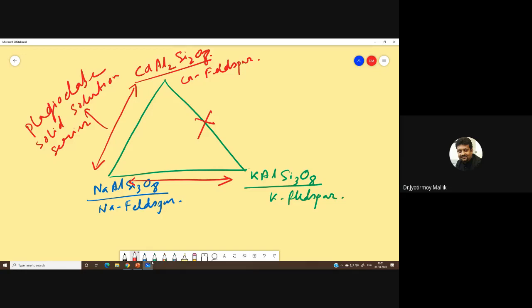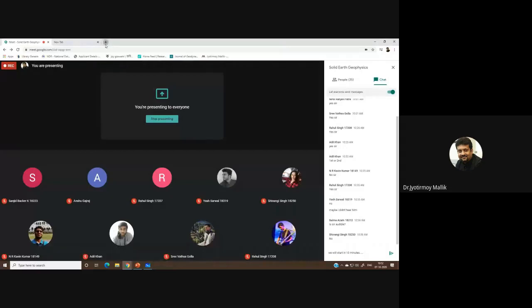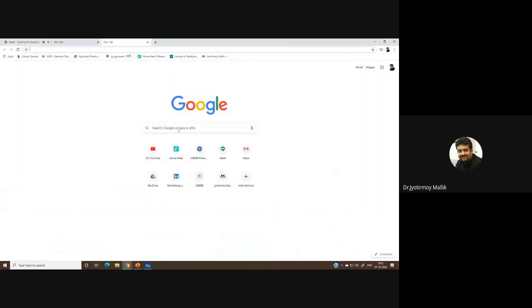So what happens here? There is replacement of calcium with sodium, with different percentages, and then you can create different minerals at different places. Here, sodium is being replaced by potassium. So, you can get different minerals here. Let me see if I have written it rightly. Just a moment. And we can do the reality check right now itself.